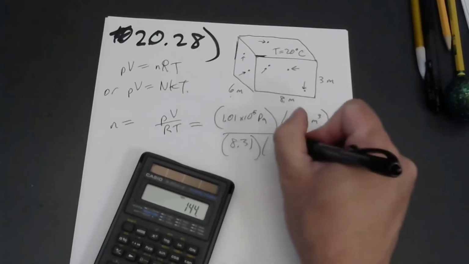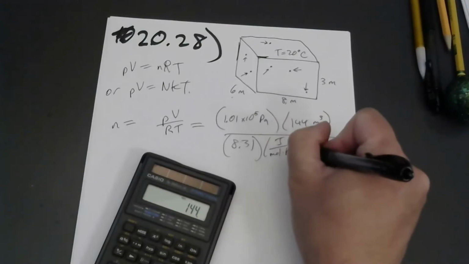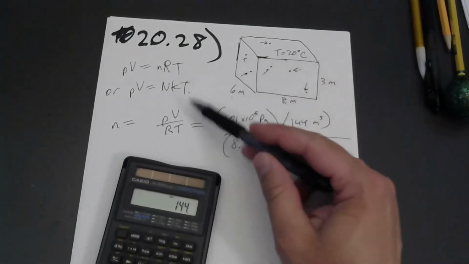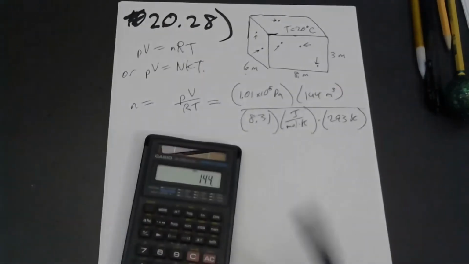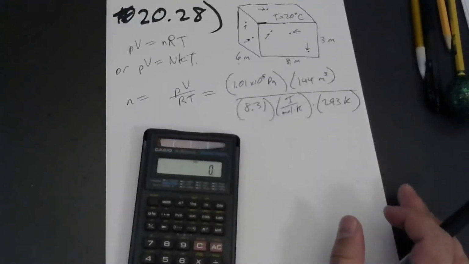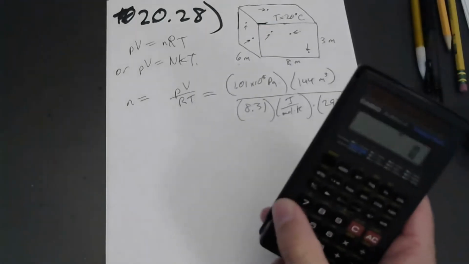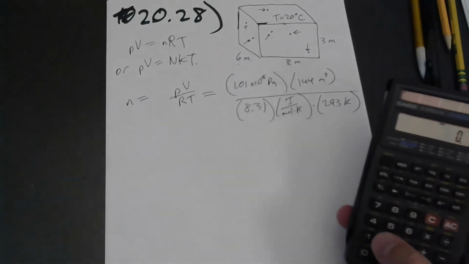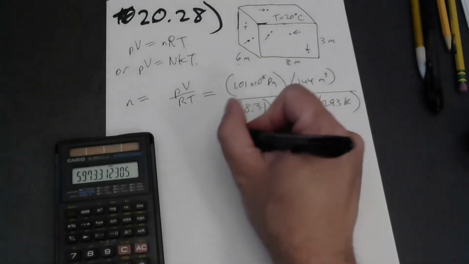8.31 joules per mole per Kelvin times the temperature. Remember, it's got to be absolute temperature if you're going to use the ideal gas law, 293 kelvins. And if you were to examine these units in detail, you'd see that they do actually cancel out the way they're supposed to, and moles would come out up top. We get the following number for the number of moles: